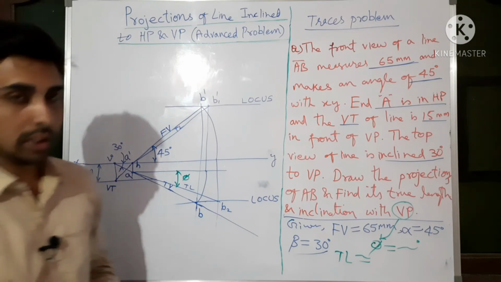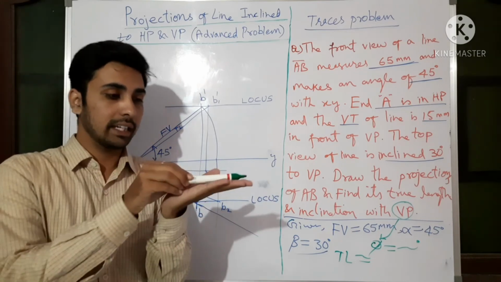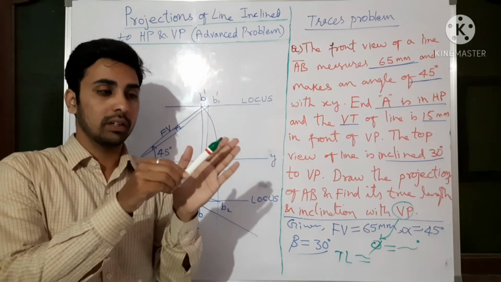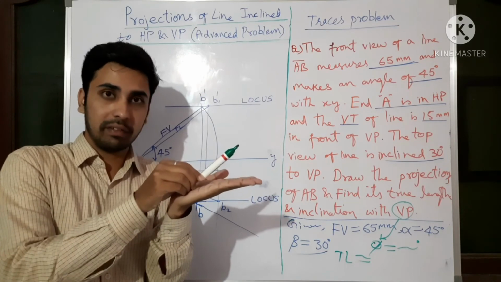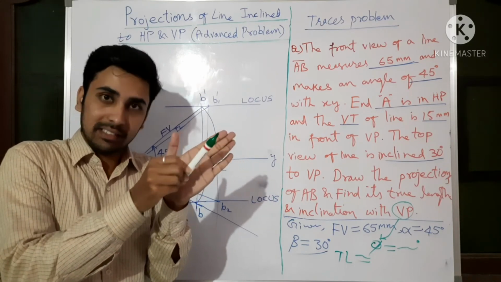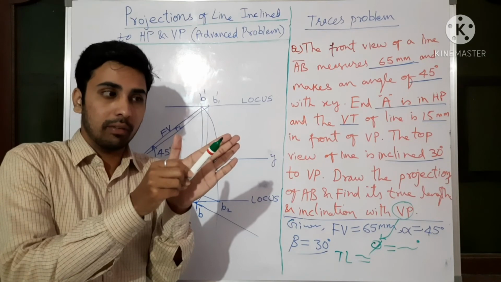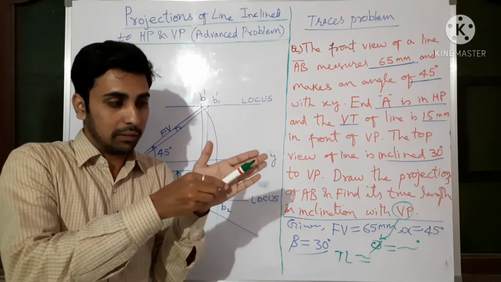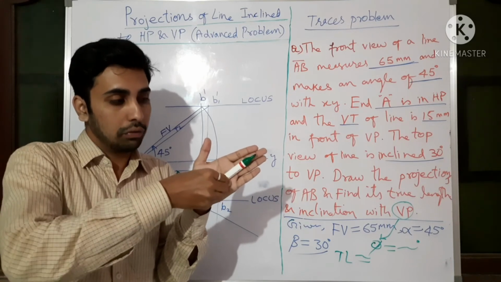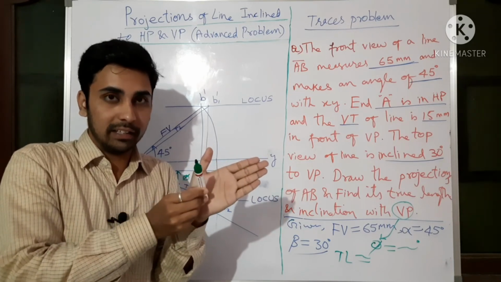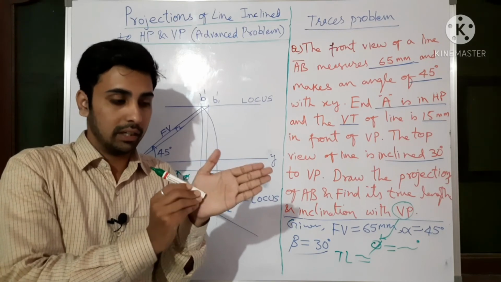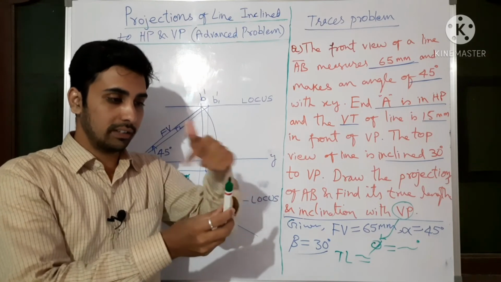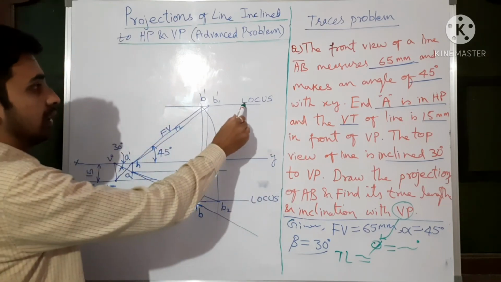Now see, if the line is inclined to HP, this is the endpoint, here we are drawing the locus. Why are we drawing the locus? Because inclination to HP we have been given, and with respect to VP some angle is still there, that angle may be now inclined to HP like this, with respect to VP as of now it is 0 degree. If you turn it 10 degree, 20, 30, till here it is 90. Again if you turn it 180, or like that, it is forming a cone. So here this upper circle it is generating, that is your locus.